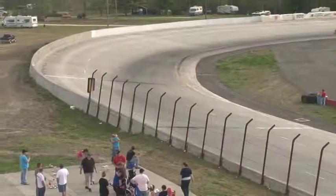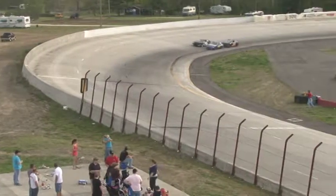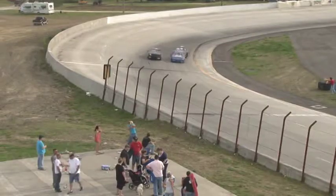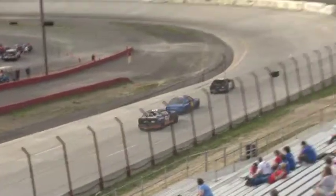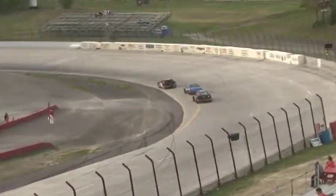The 9 of Dayton Cody out of Towanda, Pennsylvania. The 10 of Brandon Amy out of Elmira, New York. And the 94 of Frank Morich out of Horseheads. Green flag flies as Brandon Amy makes the move on the high side, and he'll take it down into turn